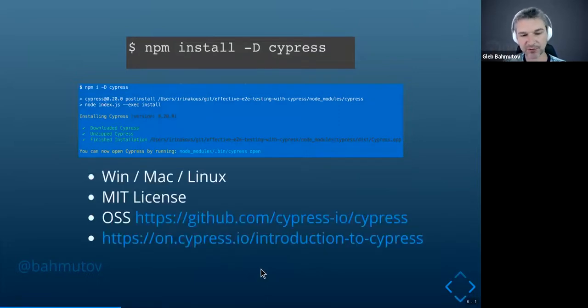We cache that binary so you don't have to download it multiple times. We build this binary for Windows, for Mac, for Linux. And this is a completely MIT licensed open source project that you can inspect yourself by going to our repository. And I would suggest when you start this process, you also read our introduction